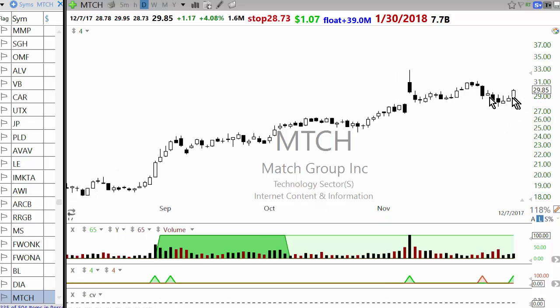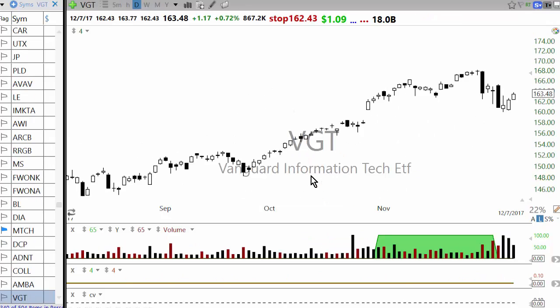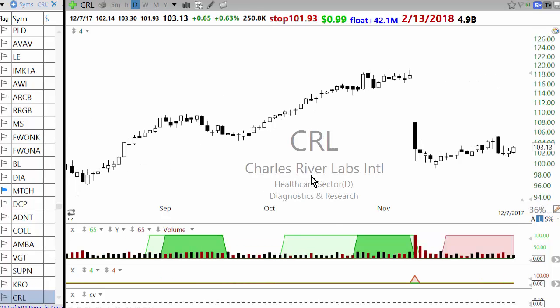This as a pullback setup is nice, so there must be some earnings or something, and then it pulled back and closed near the high. Volume was relatively high, but it wasn't really very high. So